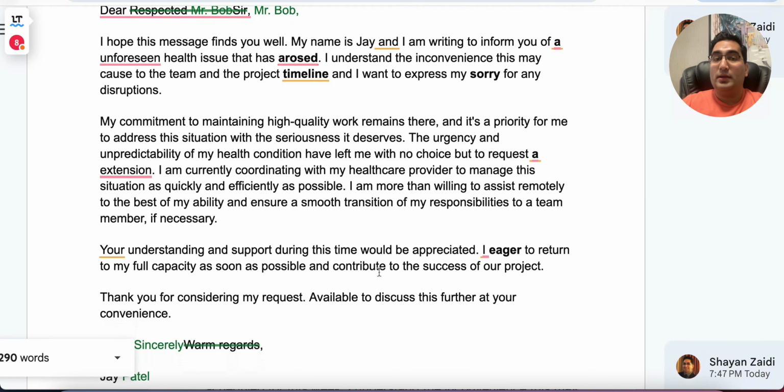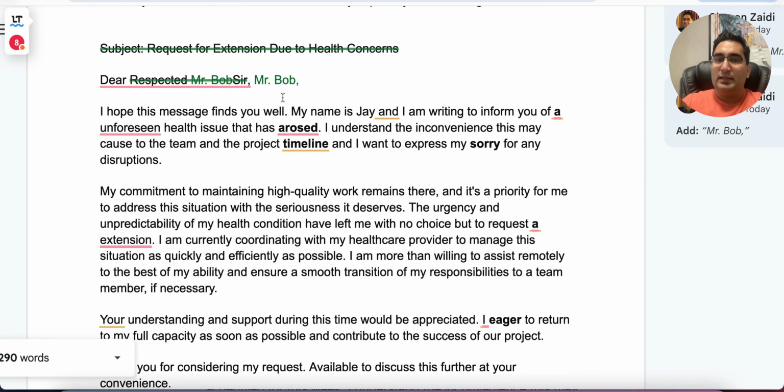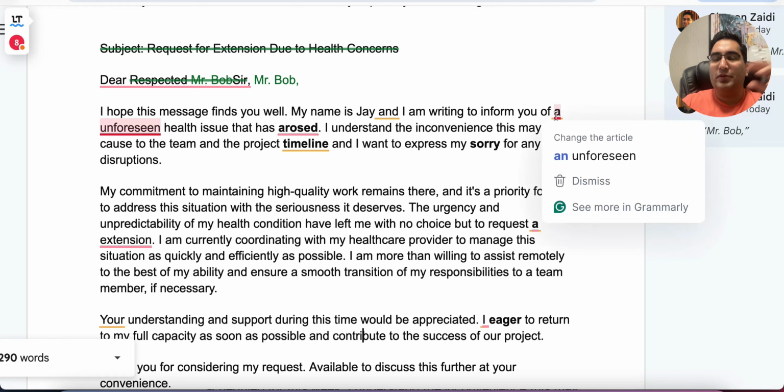Then, and by the way, you can pause it and read it. I'll go over it, but if you want to just assess it yourself, you can. Everything here, these are grammar mistakes, the bold ones. I don't want to go over the explanation of why they're grammar mistakes. I'm sure most of you know these. If you don't, please comment below. I'll answer. But just going over this quickly.